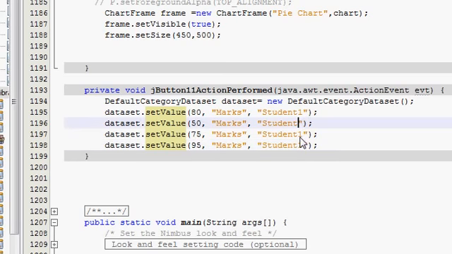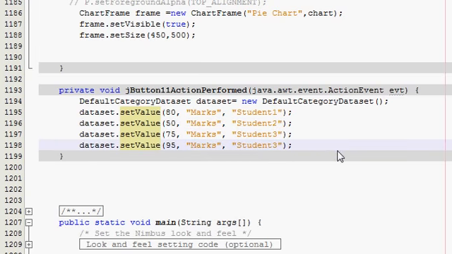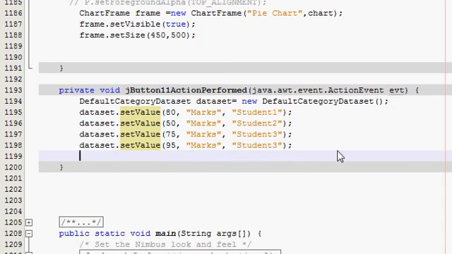I will change the student name also: student 1, student 2, student 3 and student 4. These are the marks and student names. You can name it anything,